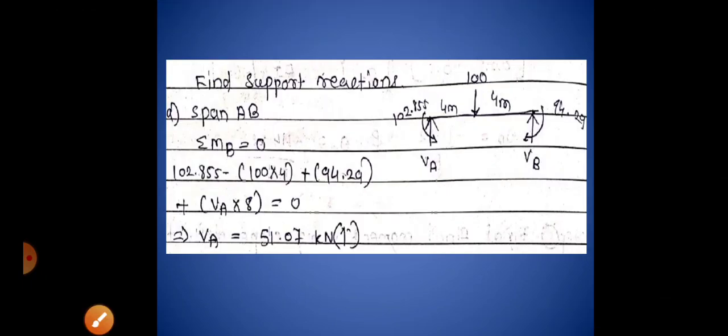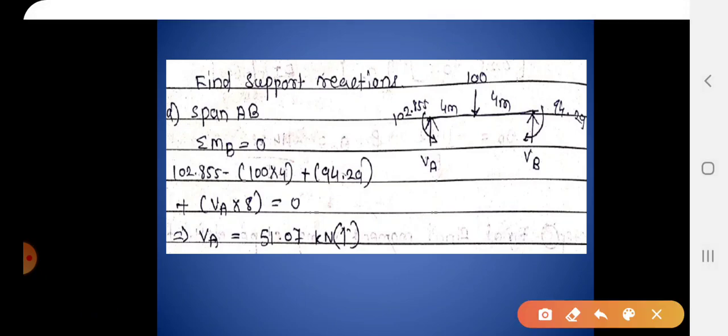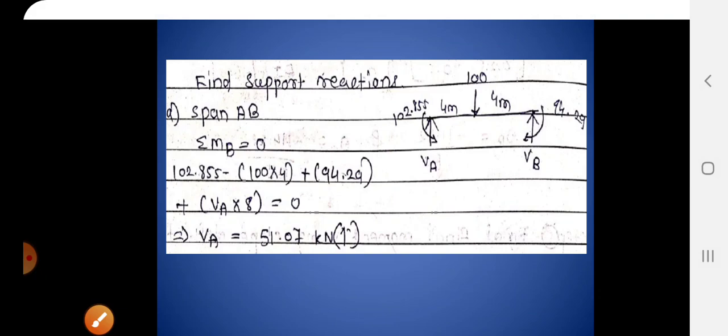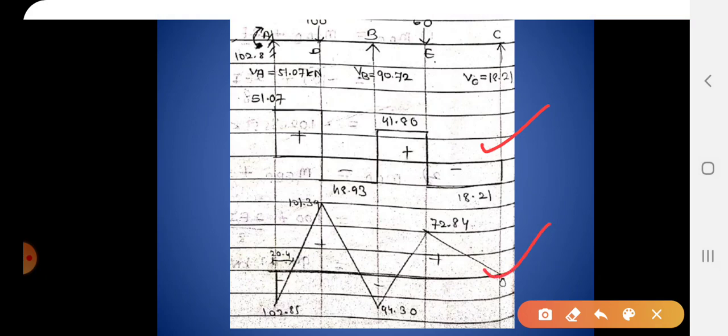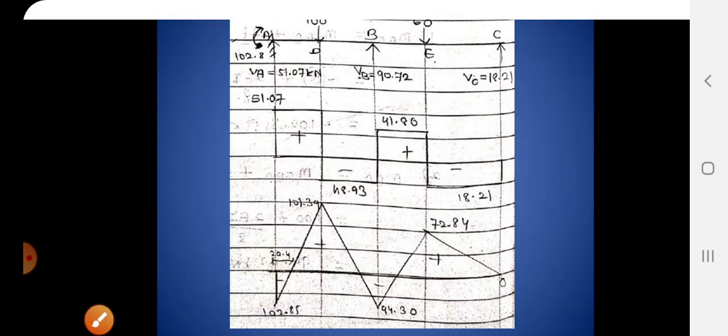So we have got all the final moment values, and with the help of these, if it is plus, then you have to take it as clockwise, and if it is minus, then transfer it on your FBD as anti-clockwise. Okay, so now, by regular practice, you can find the support reactions with the help of equilibrium equations one by one. Now here you have got all the support reactions, and subsequently by normal practice you can plot the SFD and BMD. Okay, so this was the first example.